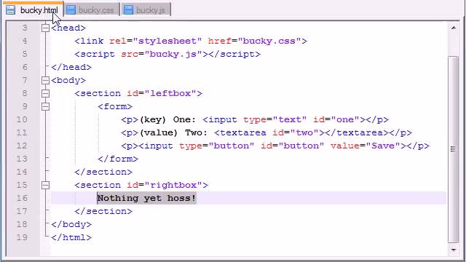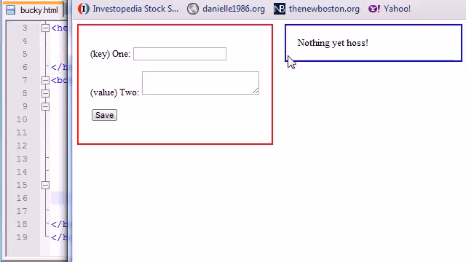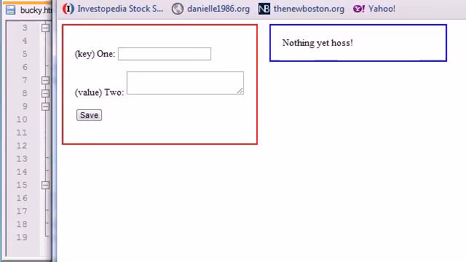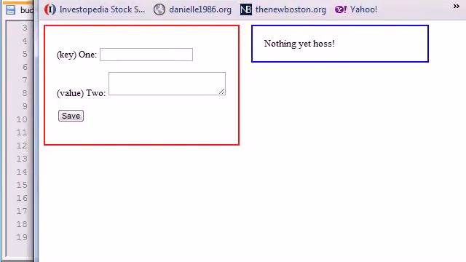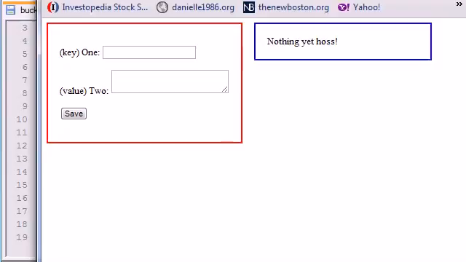So let me go ahead and save this and check it out. Alright, so let me move this so you guys can see. So basically what we have is this red one is the left box, and you see the padding around it of 20 pixels, and this right one is called the right box. And this margin left is what gives us these 20 little pixels of space right here. But anyways, now that our website is looking pretty good,